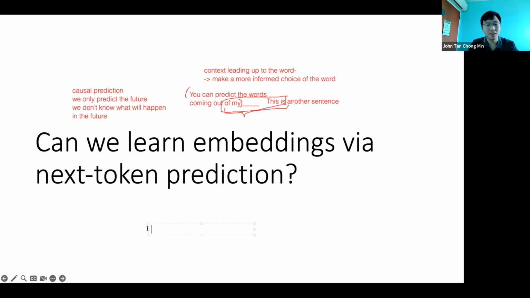BERT is Bidirectional Encoder Representations from Transformers, and they actually do something like this. The cat is on the mat, right? They actually mask like that: the mask is on the mat, or the cat is on the mask. So they mask out 15% of the tokens, and then they try to predict, given the entire sentence, what